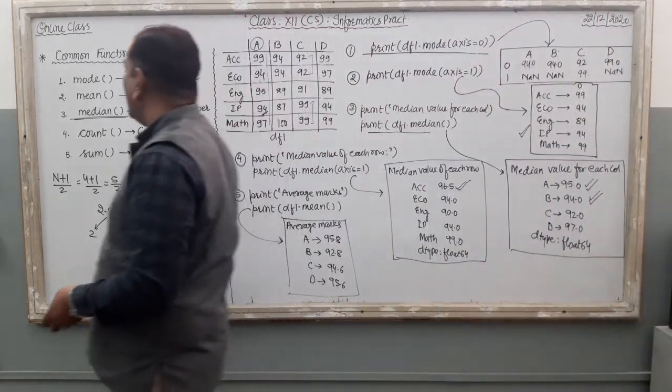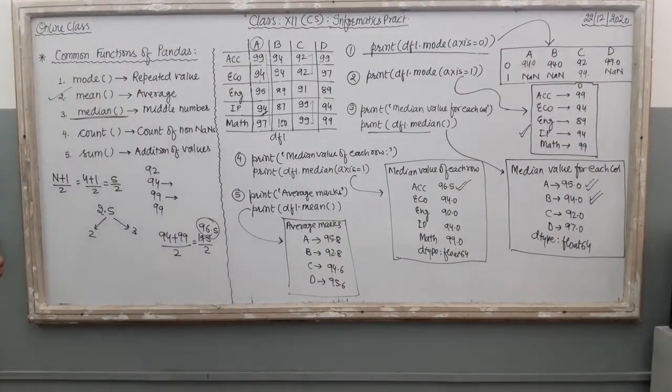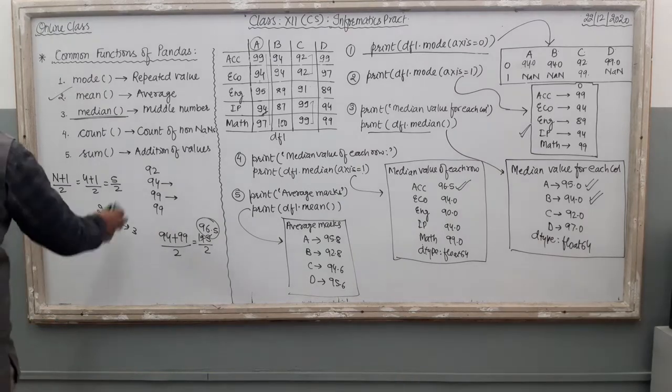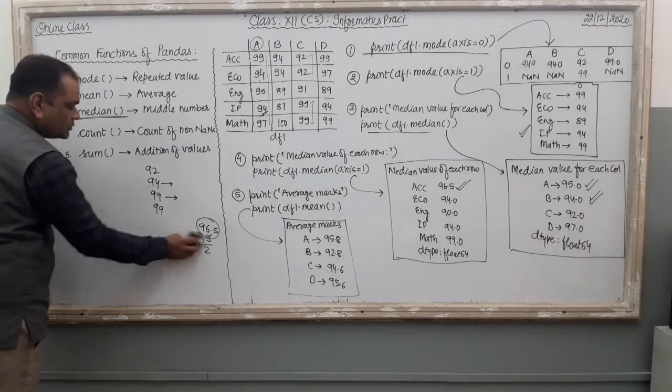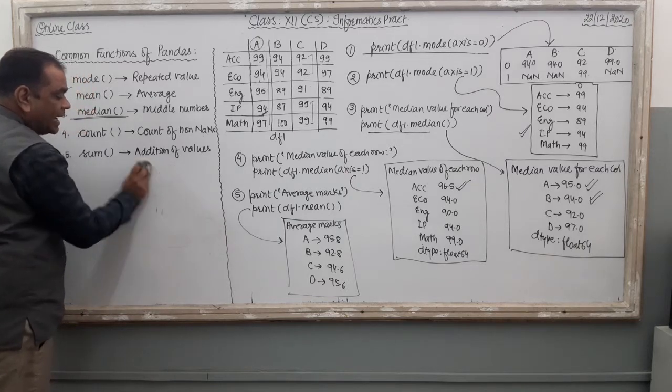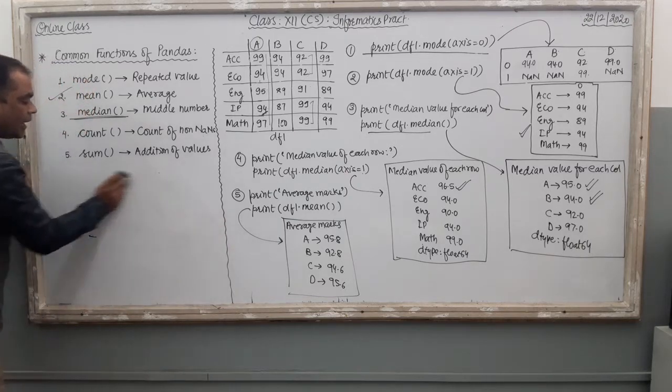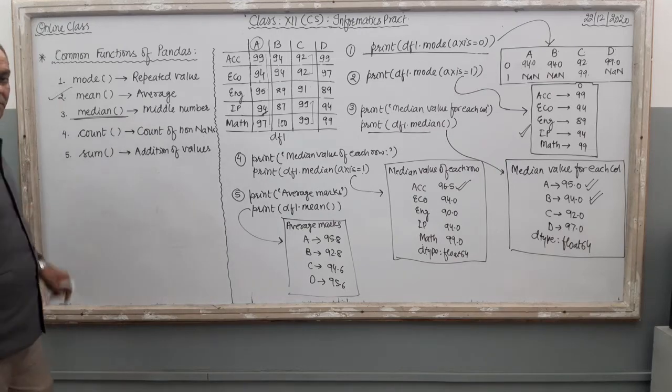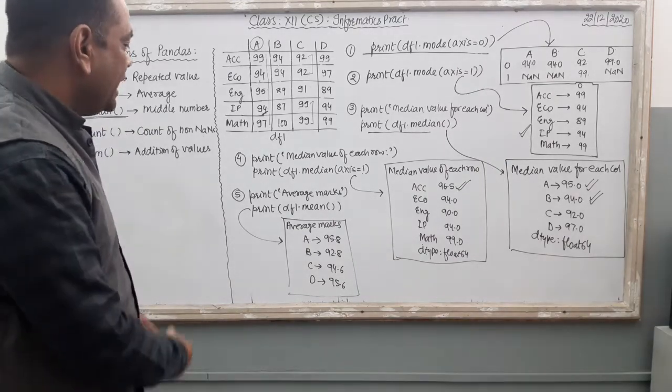Now what is there in the mean? Mean means simple average. Average means just sum all the values that are there in the column and then divide the sum by the number of items. Right? So if you want to produce the mean here,